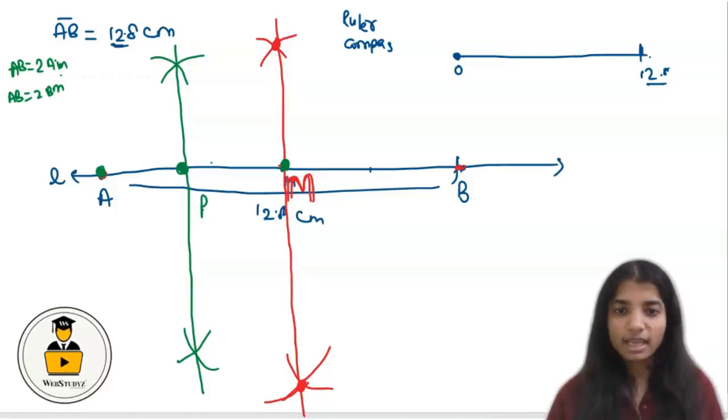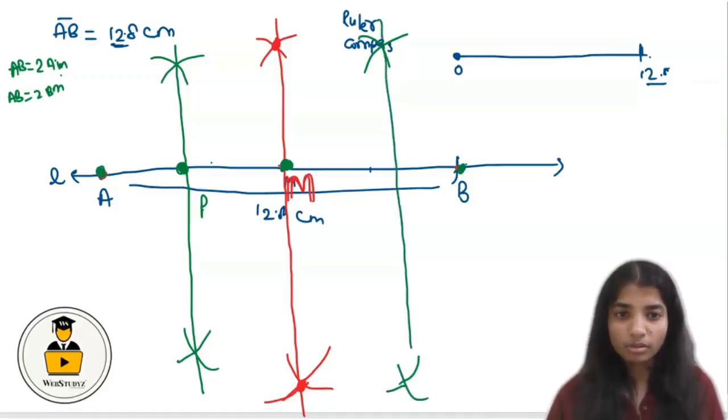Now again, as AM is equal to BM, we use that previously opened compass. We place the compass at the point M, making the arc at the upper end and the lower end, and again we place the center of the open compass at the point B. Again we draw the arc at the upper and the lower end, and again we join both the upper and the lower arcs. Let's say this is the point Q.